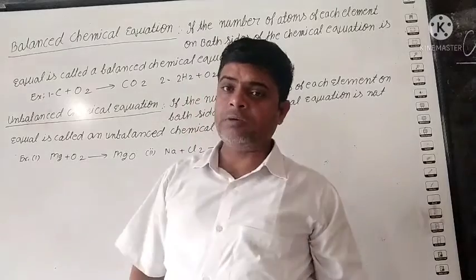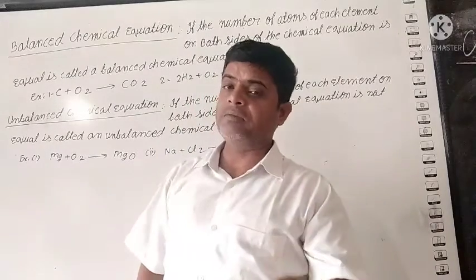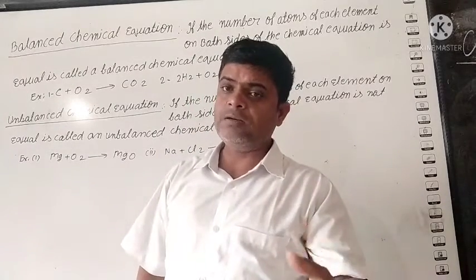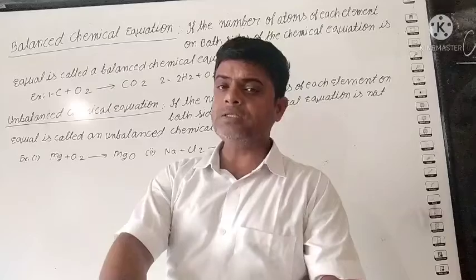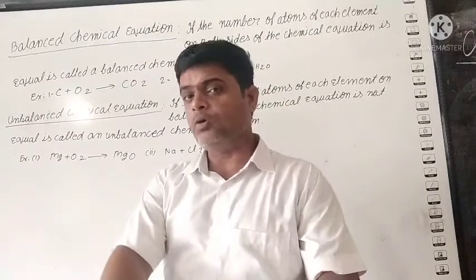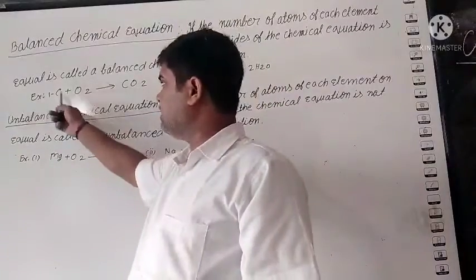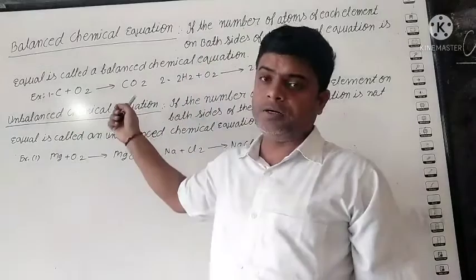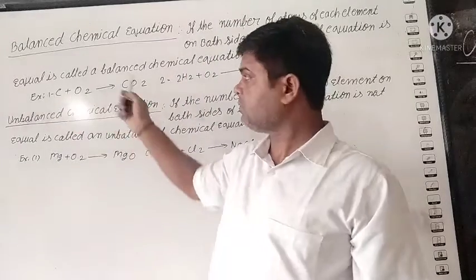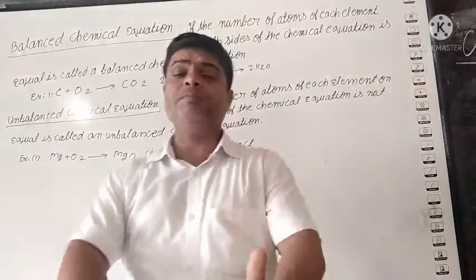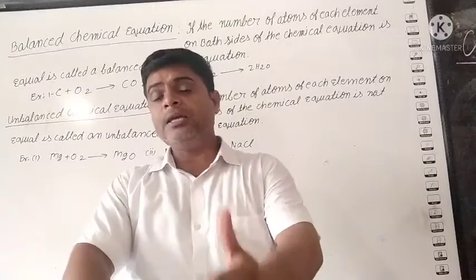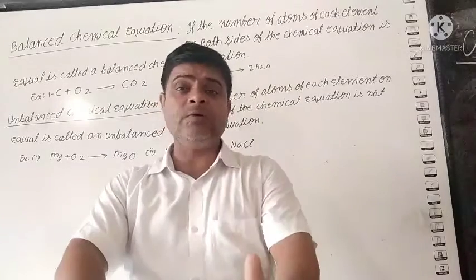Because in the last video we told how we write the chemical equation. We use a plus sign to add two or more substances, and we show the arrow. With the help of the arrow, we show that the back side is the reactant and what we get is the product. Clear? So students, after the chemical equation, the next point is what a balanced and